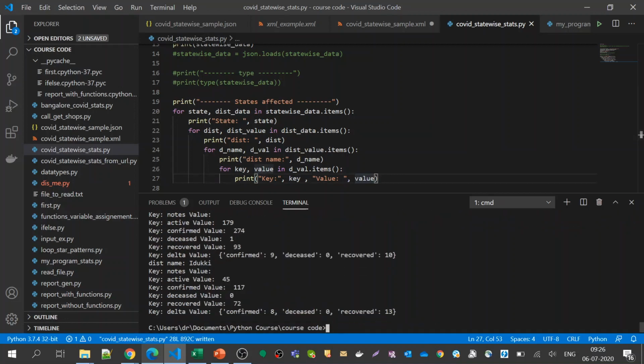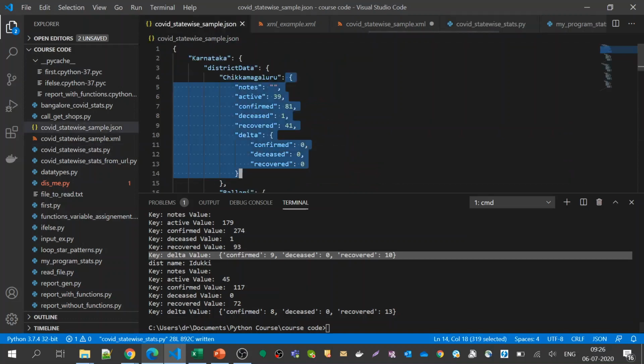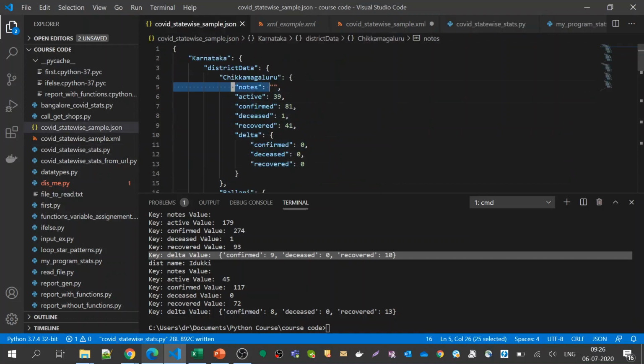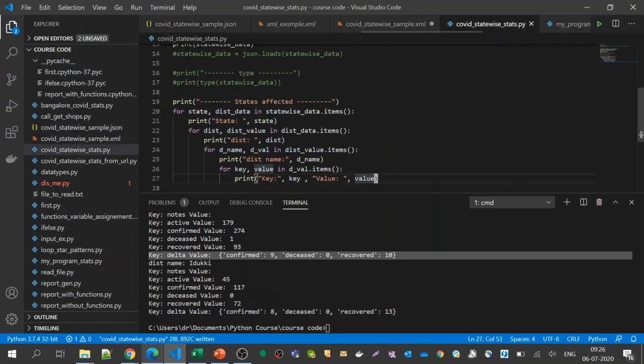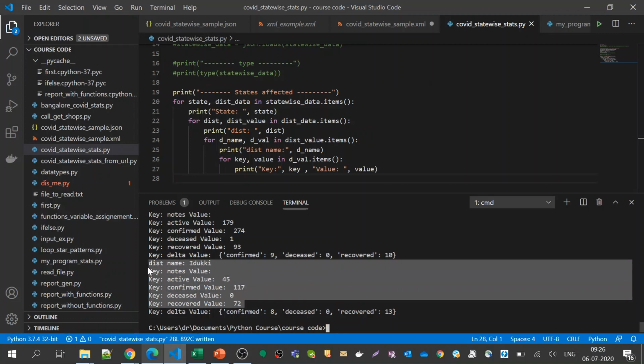Okay, great. Now we have printed key and value. So now we have reached till here. Now this is actually a dictionary, because there is a key and there is a value. So now let us find out. Now I have got a loop. Now let us try to get that particular value. So now I have printed this. Okay, all the values are printed.